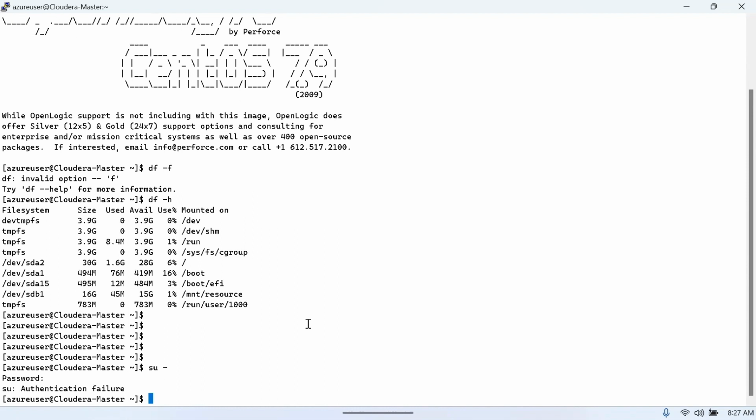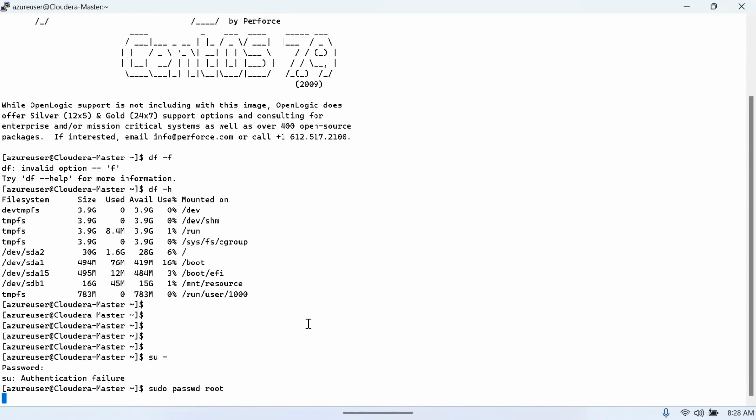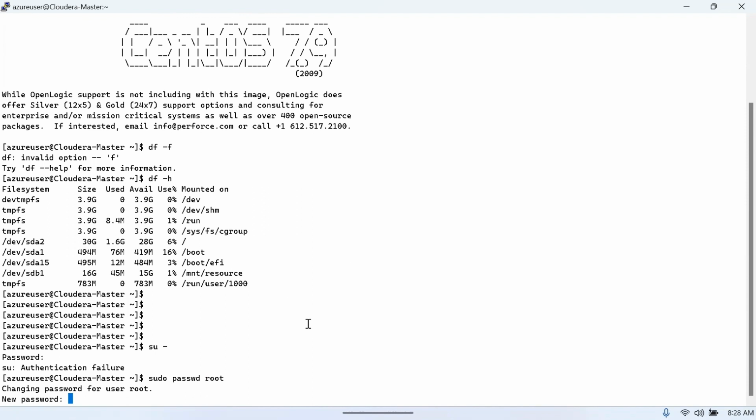We don't know the root password, because we did not set any password for the main user itself. So we will change the root password: sudo passwd root. Okay, the password, what I'm going to do is